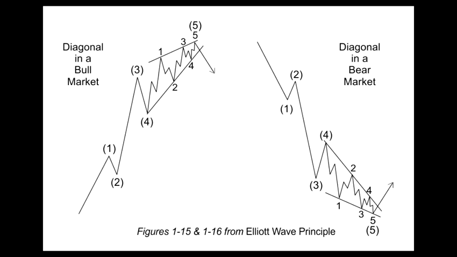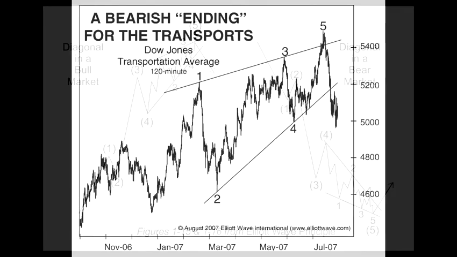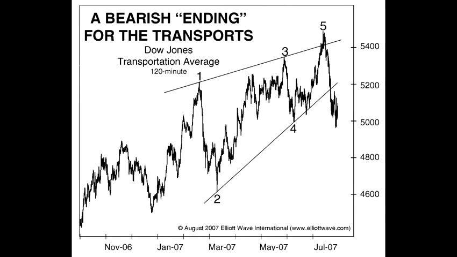Elliott Wave Principle goes on, quote, "A rising ending diagonal is usually followed by a sharp decline, retracing at least back to the level where it began and typically much further. A falling ending diagonal, by the same token, usually gives rise to an upward thrust." End quote. Here's a look at an actual rising ending diagonal in the Dow Jones Transportation Average from the August